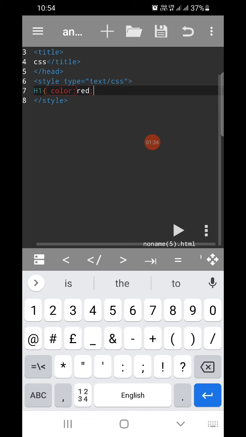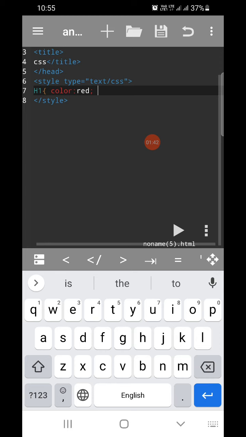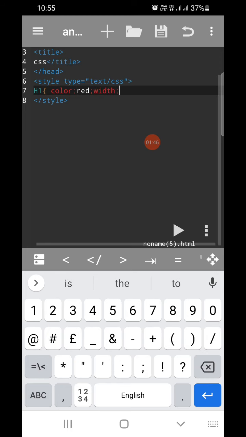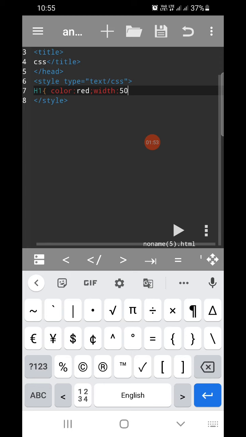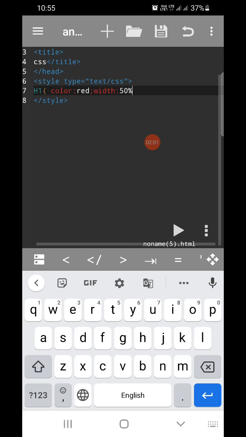And if you want to apply more properties and values, you can do that. Suppose you want to set the width of heading 1 to 50%, and a semicolon.